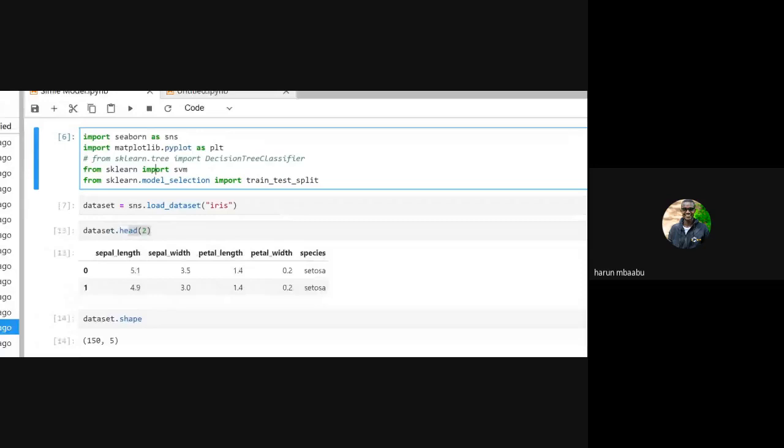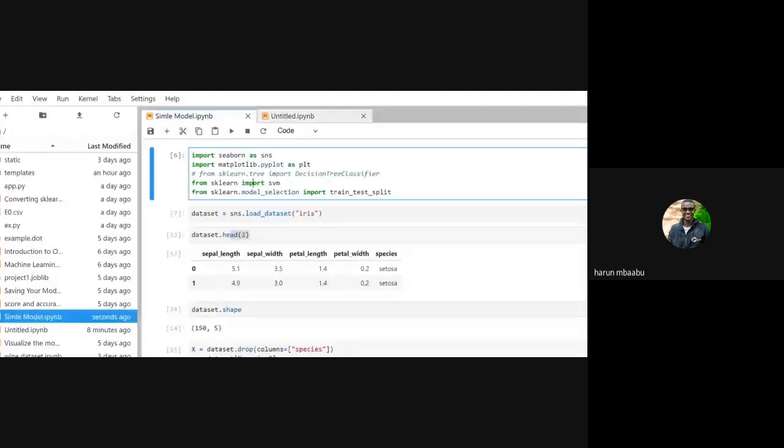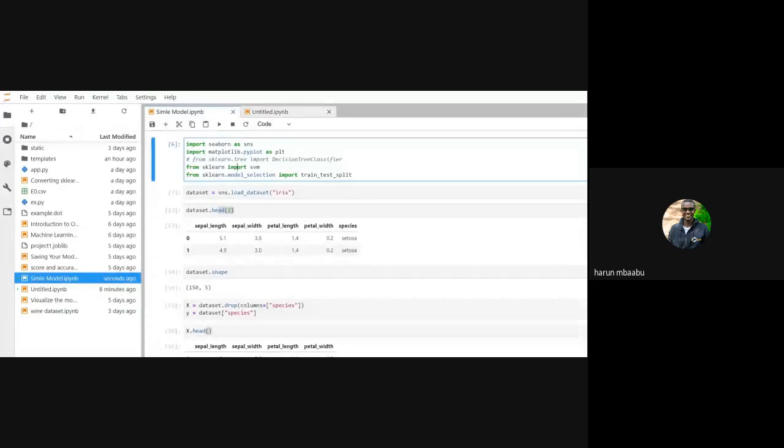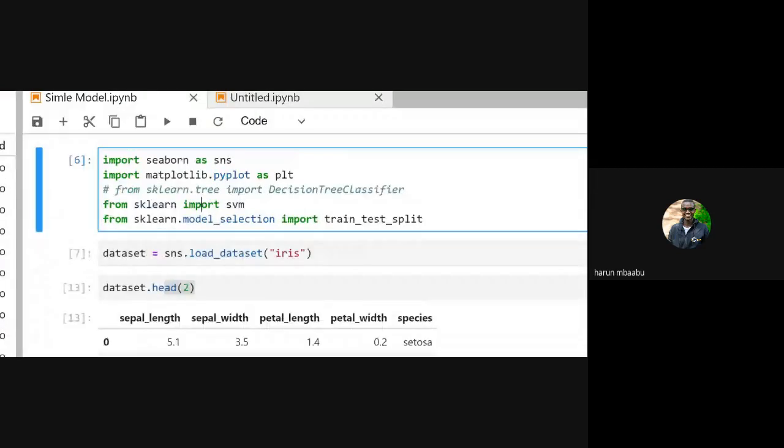So sklearn comes with pre-built machine learning models. Inside sklearn we have a module called tree, and inside that module we have a class that defines the decision tree classifier machine learning algorithm.